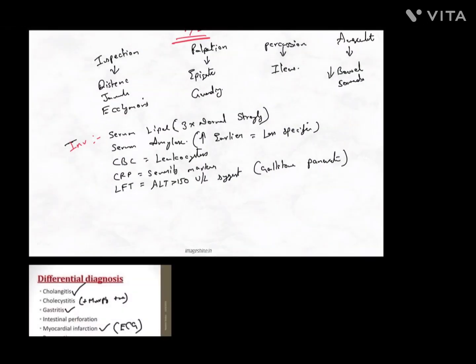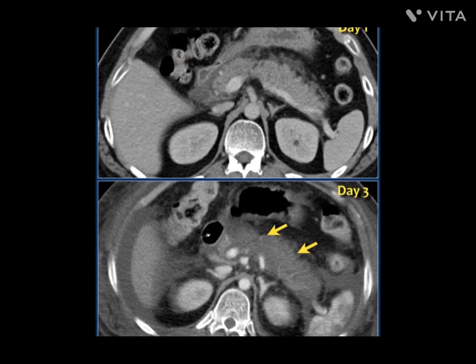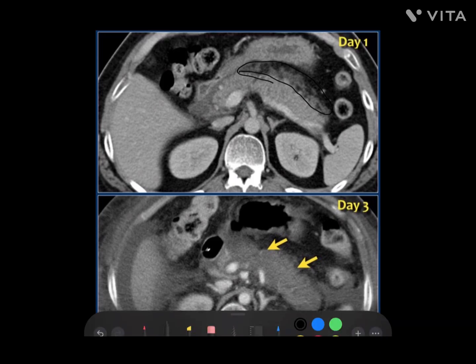Next we can see some imaging. So in imaging, first you can see here, this is a CT scan. Whenever a patient comes with pancreatitis, first we have to do an ultrasound. Ultrasound is for detecting gallstones. If the patient doesn't have any gallstones, then we have to do a CT scan, a contrast CT scan. Contrast CT scan is the gold standard for severity assessment, and we have to do this CT scan after 72 hours, because only then can we see this type of edema and everything in the pancreas. I am marking here, you can easily appreciate that image.